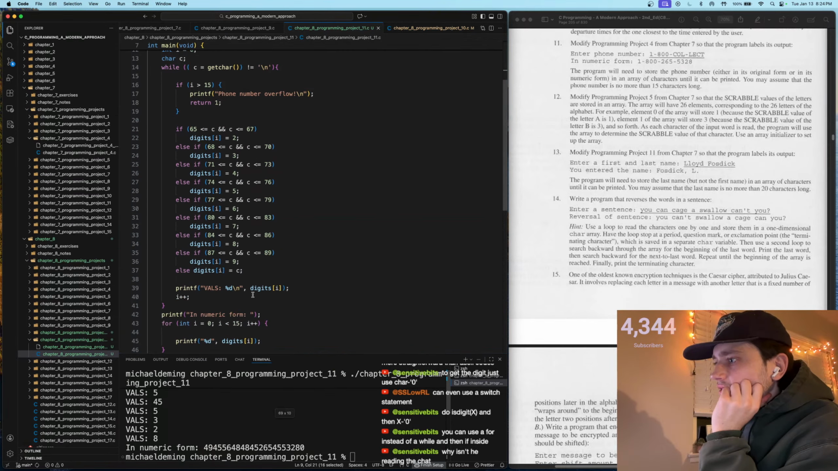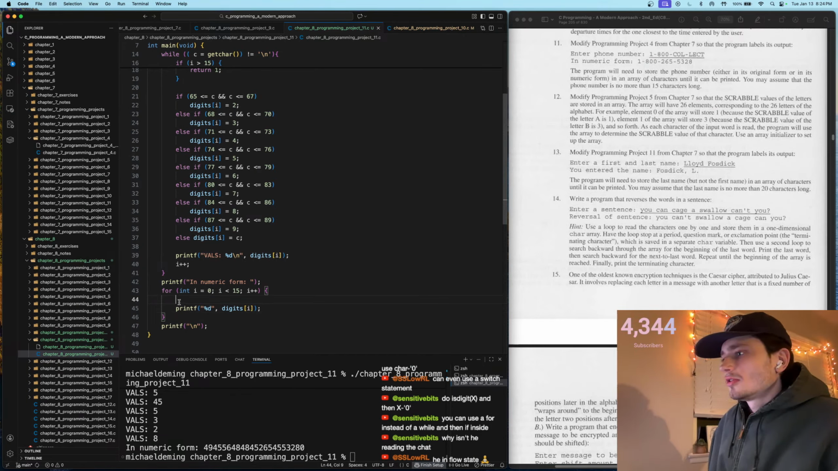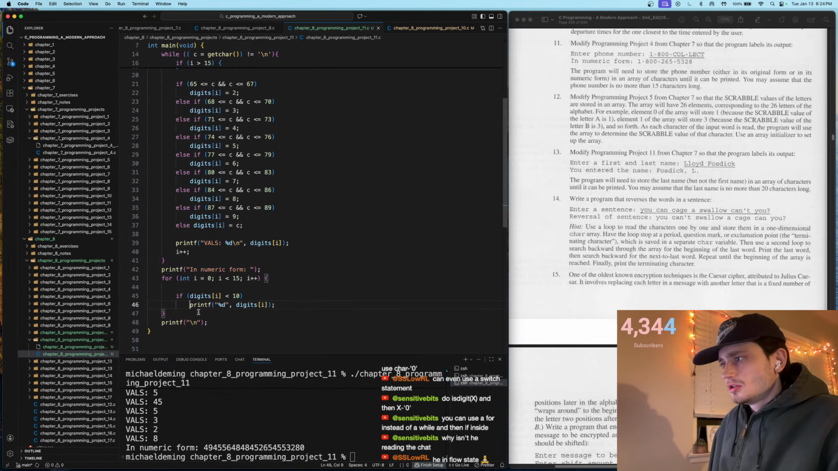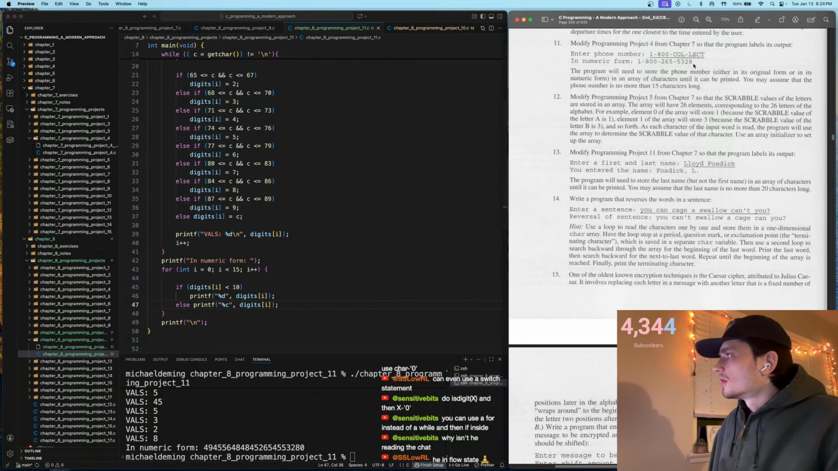Okay, so if the value is greater than 0, then we're going to print, if the value is less than 0. Okay, that's what we're going to do. So if digits index of I is less than 10, then we're going to print just the numerical form. Else, we're going to printf the character form, because we know that values greater than 10 will be either the hyphen or,